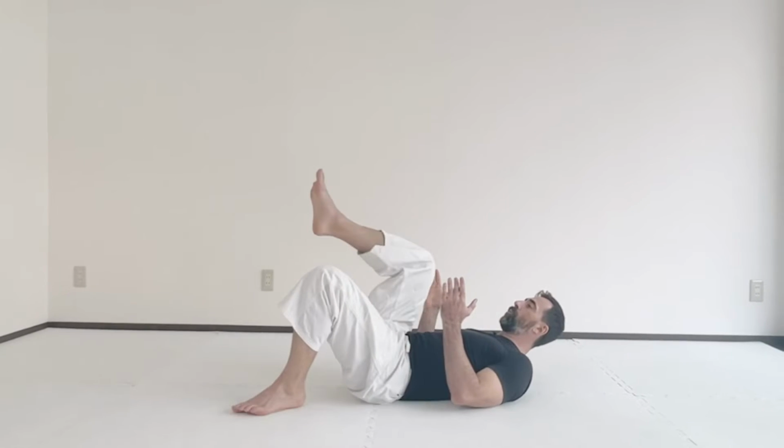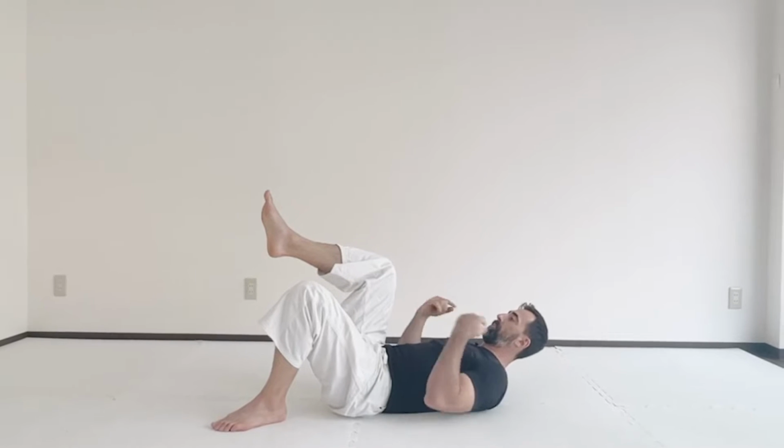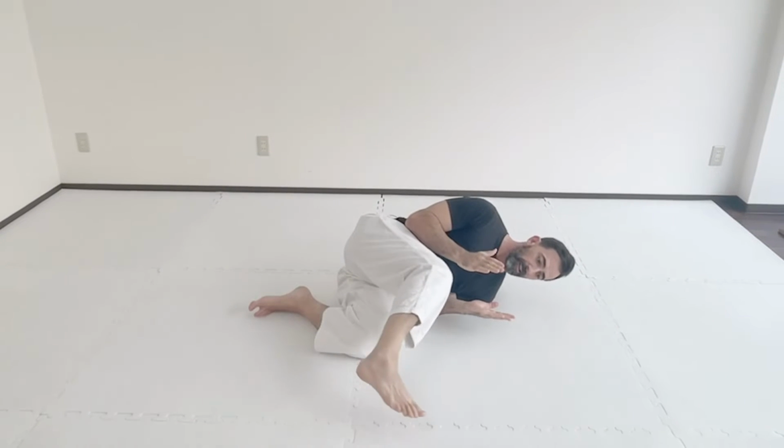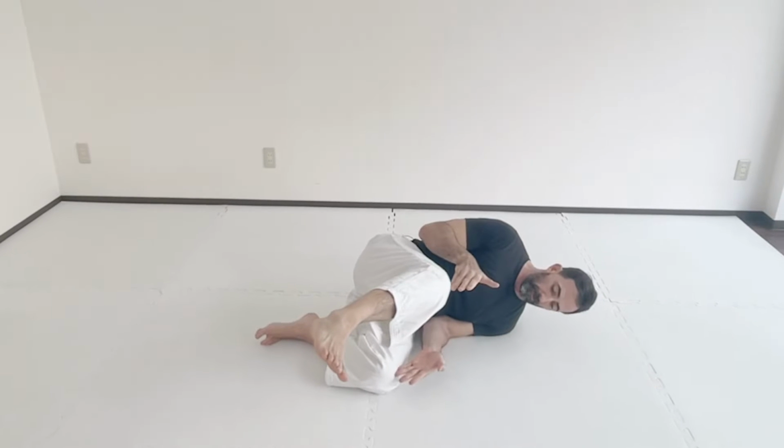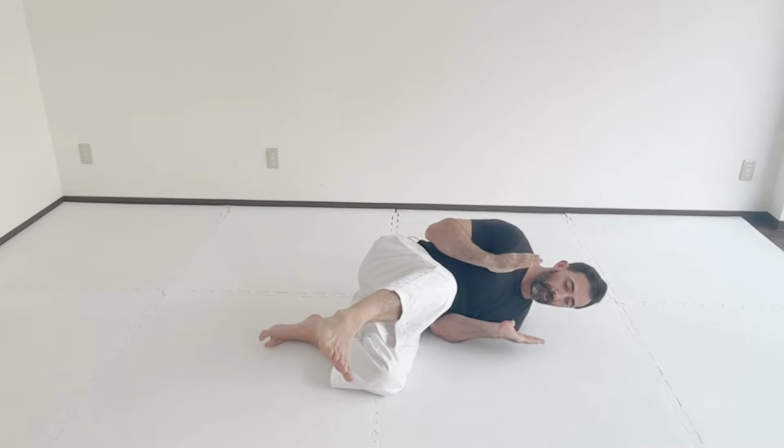So in order to actually work on our variations today, there's one movement that I want you to get down first. Super simple. All we're going to do is start off on our back. We're going to bring one leg up. And I want you to notice that my shoulders, hips, and knees are in line with each other. I'm simply going to fall to the side, touch my foot to the floor. I'm going to bring my foot back, so now that my knees, my hips and my shoulders are in line,